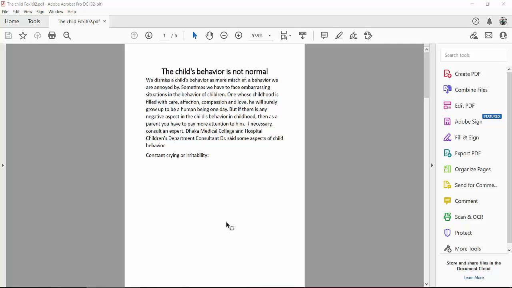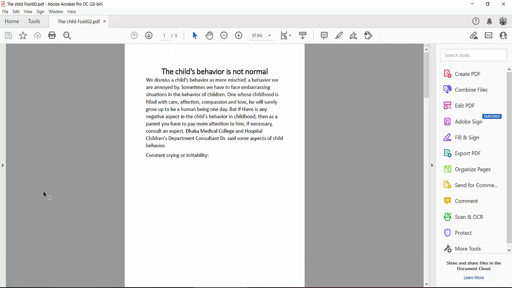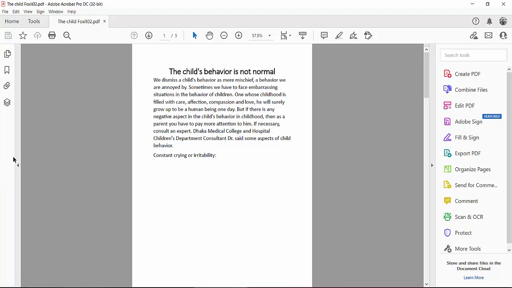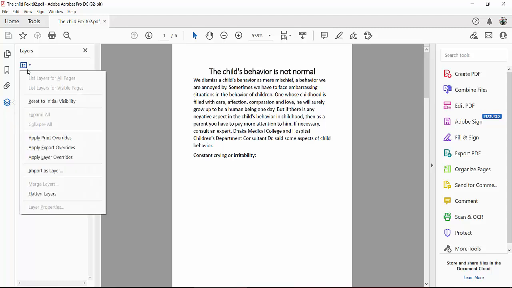Hello everyone, today I will show you how to change a layer position in a PDF file using Adobe Acrobat Pro DC. Open your PDF file with Adobe Acrobat Pro DC and in this left sidebar, here you will find this left arrow, click here. Now click on this layer icon and select the import option, and select import as layer